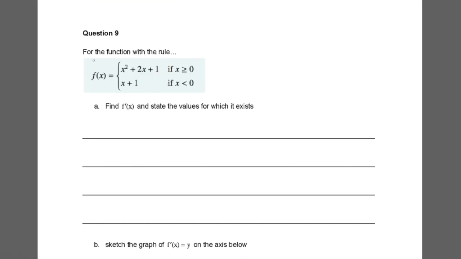Okay, so this question says, for the function with the rule f of x equals x squared plus 2x plus 1, where x is greater than or equal to 0, and x plus 1 where x is less than 0. Okay, when I look at something like this, what I'm thinking is there's two possibilities. Well, there's only one possibility for what it actually looks like, but in terms of the question, find f dash x and state the values for which it exists, all I'm really concerned about